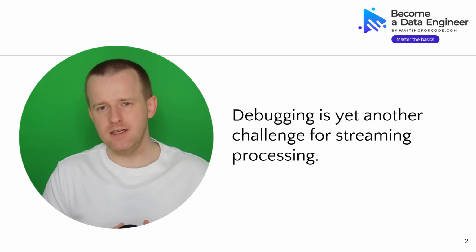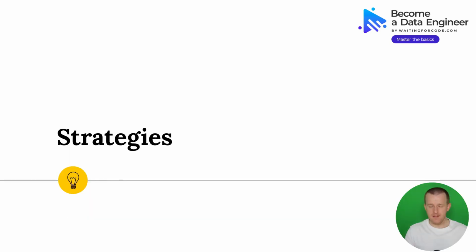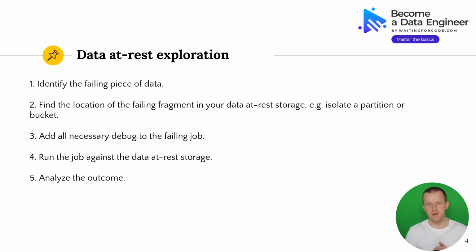But there are some different strategies that you can apply to make it better and hopefully much more efficient. And among these strategies, the first strategy is to switch to the data at rest. So in data systems, the streaming broker is not the single data source. Very often we also add this data at rest storage for the batch use cases. And if you have some failure in your streaming job, you can apply exactly the same debugging mode as for batch pipelines. So identify the failing piece of data on top of this data at rest storage